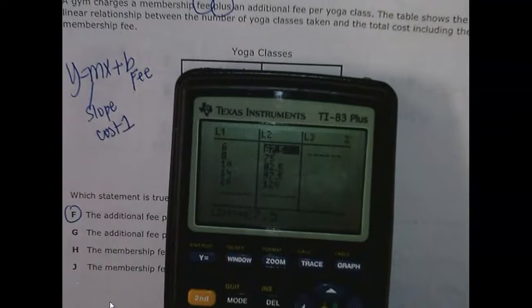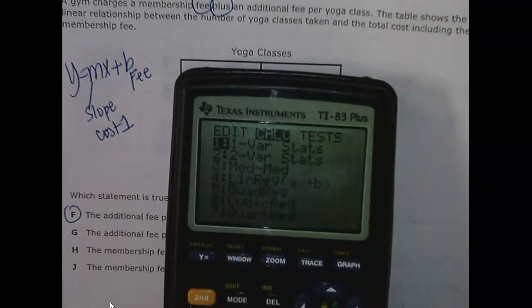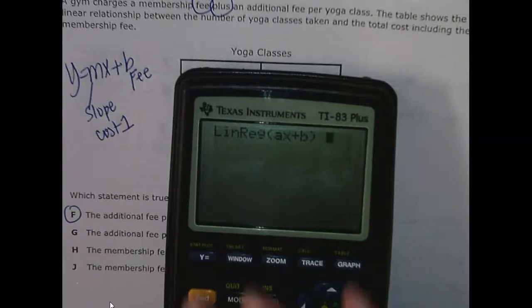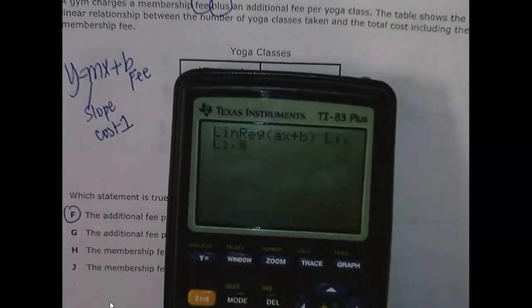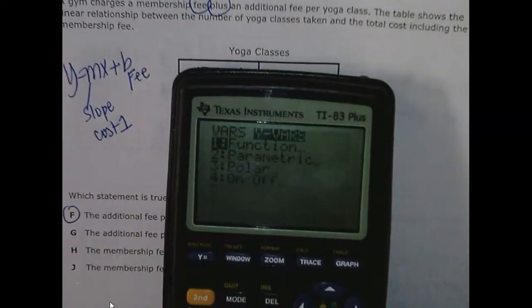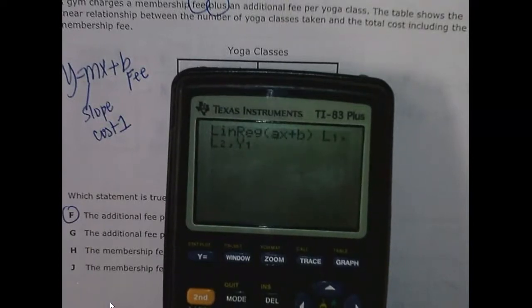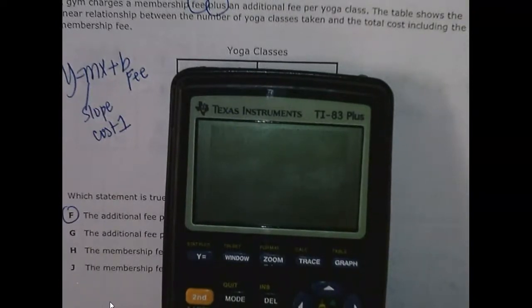So there's my list. I'm going to go back to stat, calculate, 4, and then what? List 1, comma, list 2, comma. Where was Y1? Vars, Y vars, function, and there it is. We better remember that again. Again, it was stat, calculate, 4, then list 1, comma, list 2, comma, and where is that Y equals button